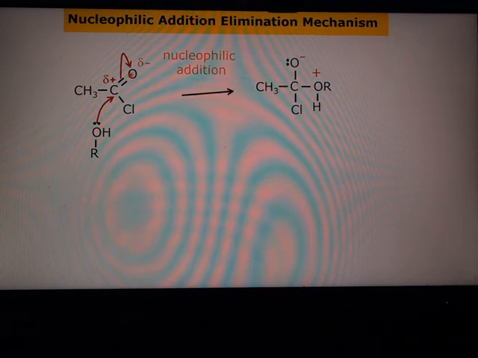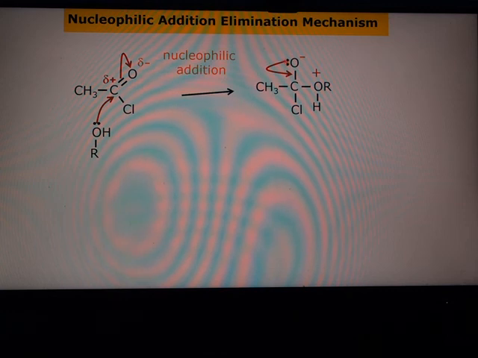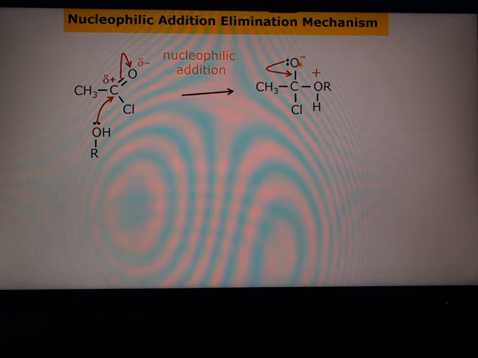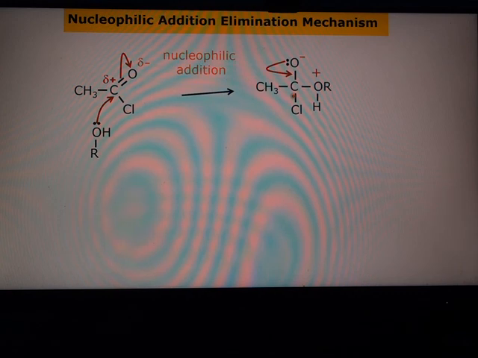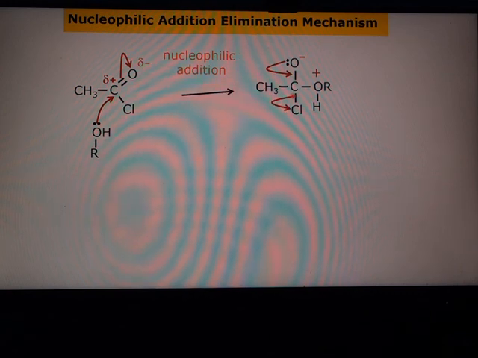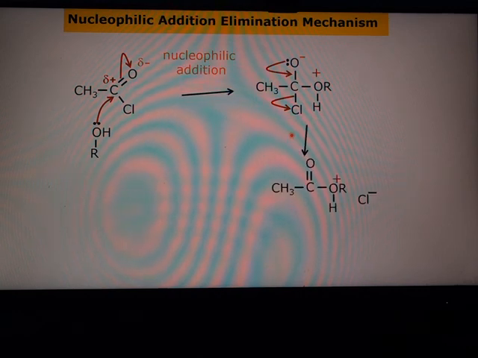Okay, then what happens next is that lone pair of electrons goes between the carbon atom and oxygen atom, so is now shared, so the oxygen atom loses its negative charge, and that pair of electrons between the carbon and the chlorine atom, that bonding pair of electrons goes onto the chlorine atom, and you form